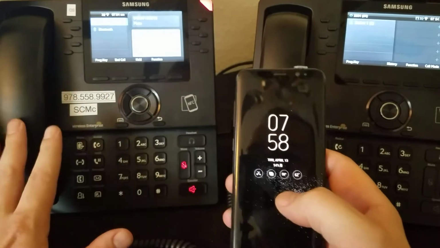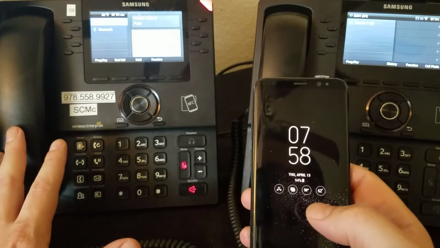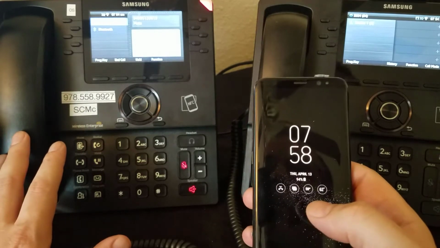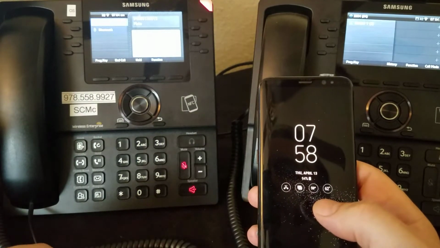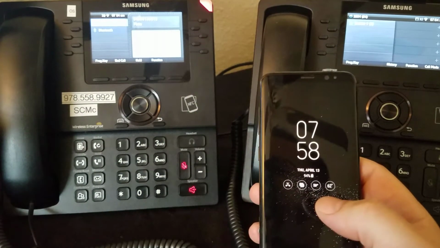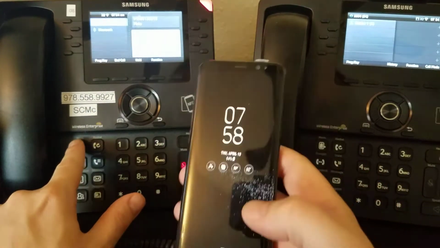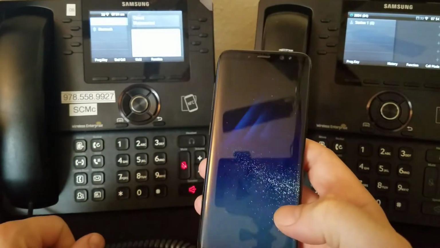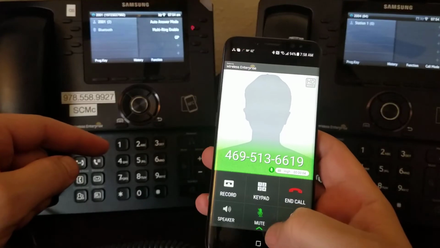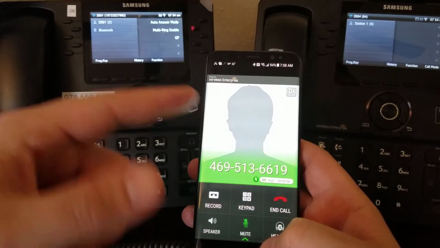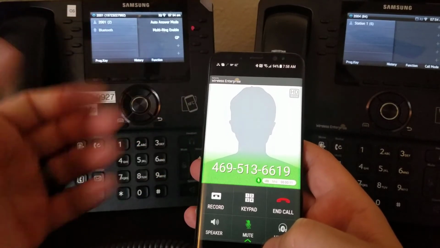And so now I've just got a normal outgoing call on my business phone here, and I decide, hey, I need to start driving to my next appointment or to a lunch appointment. I need to take this call on the road, but I'm tethered to this phone. How can I do that? And I don't want to have to say, hold on, I'm going to take you on the road. So what I'm going to do is just hit this move button here. And you'll notice that this call drops, and without me having to press anything on this phone, this phone went off hook,